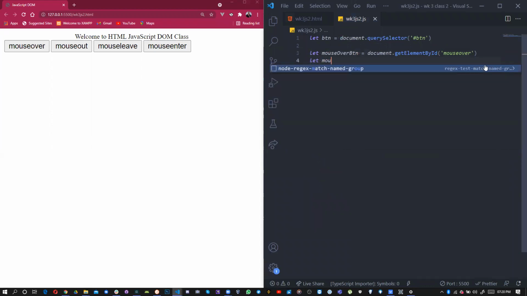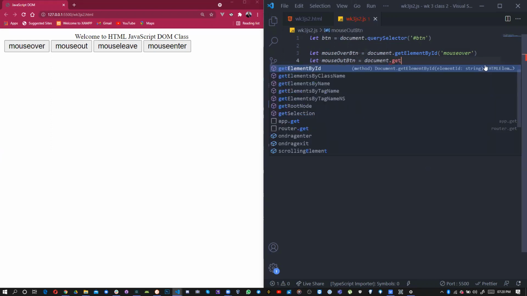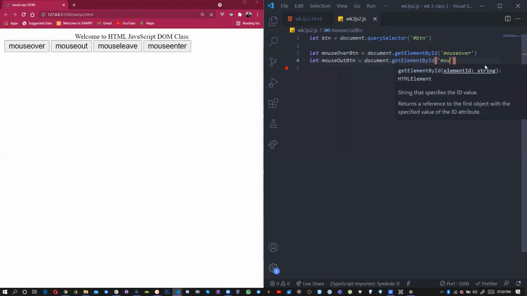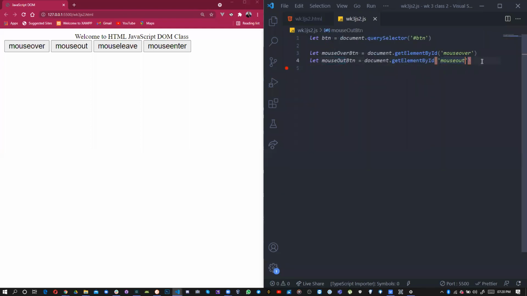So next one is mouse out button. Then just the same thing. Document dot get element by ID. So to confirm, so I don't make a mistake also. Okay. Then I'll just duplicate it. So this other one is